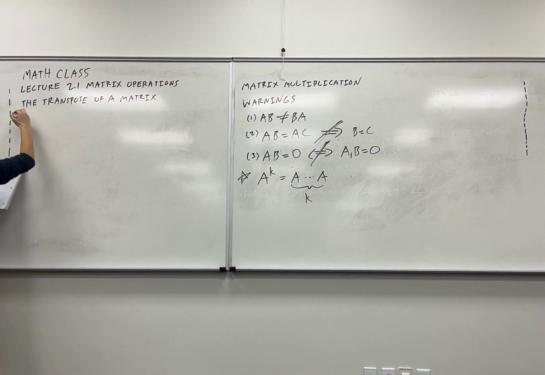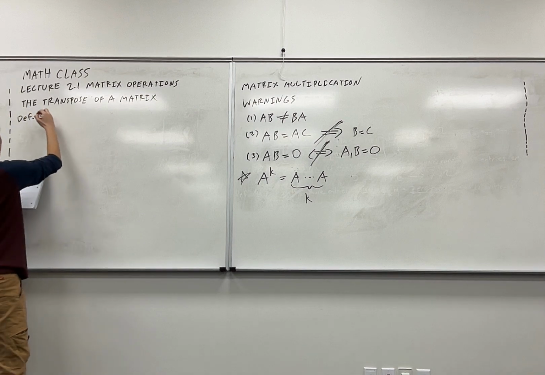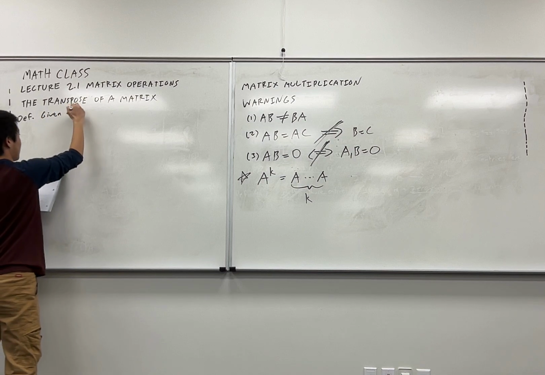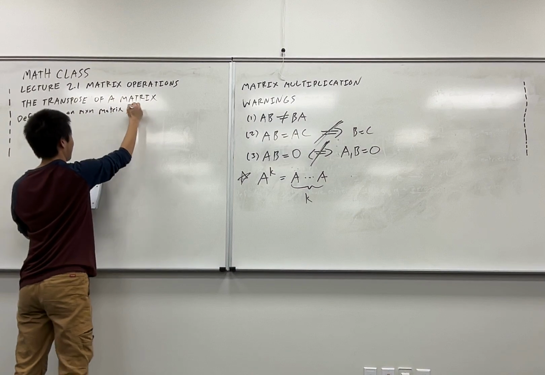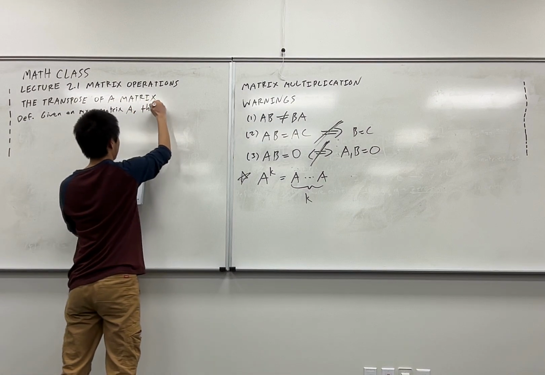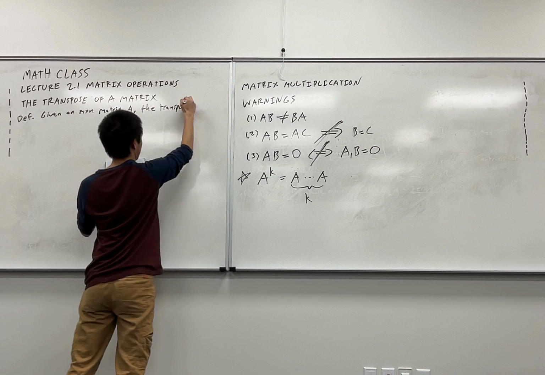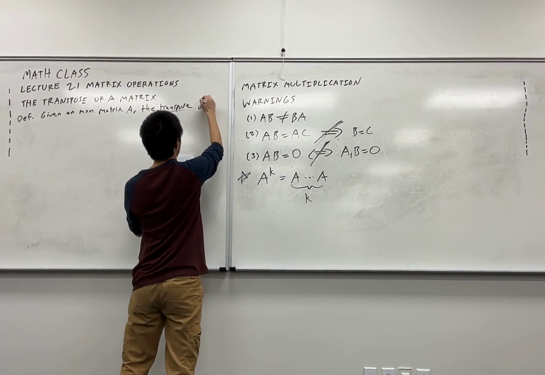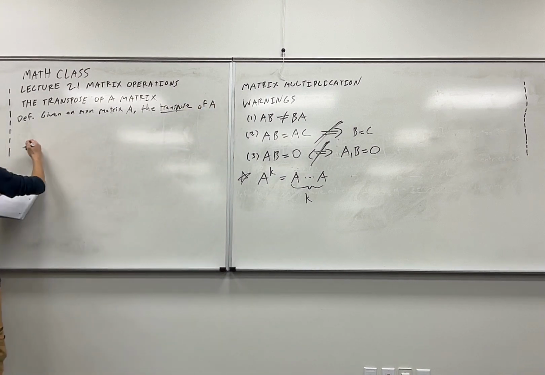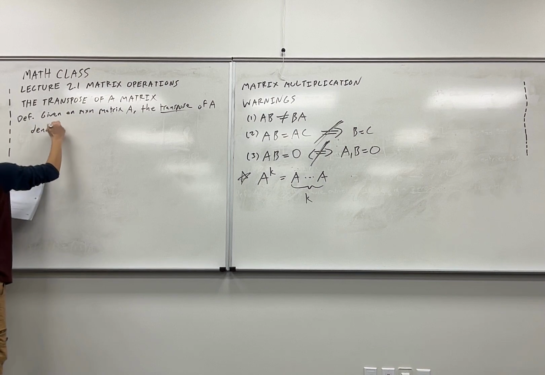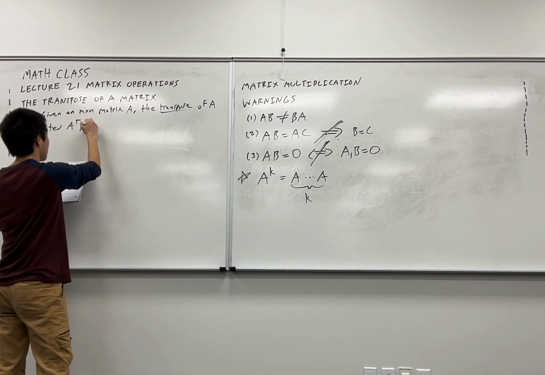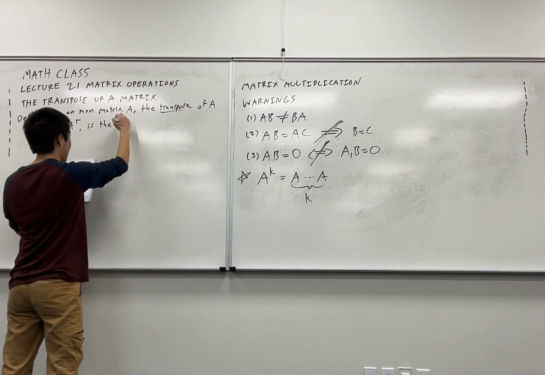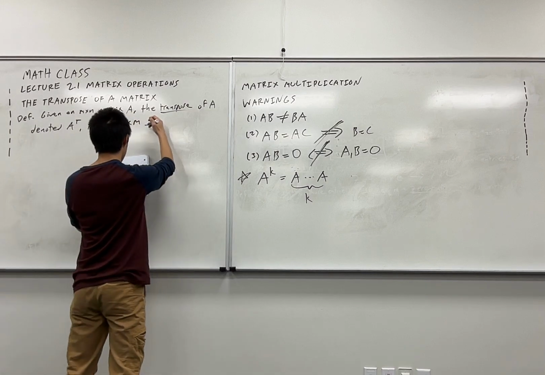Okay. So definition. Given an M by N matrix A, the transpose, which is going to be a big deal, of A, denoted A, and then we're going to do this capital T. No, that's not an exponent. So by convention, if you see A raised to T, that's a transpose, not an exponent, is the N by M matrix,